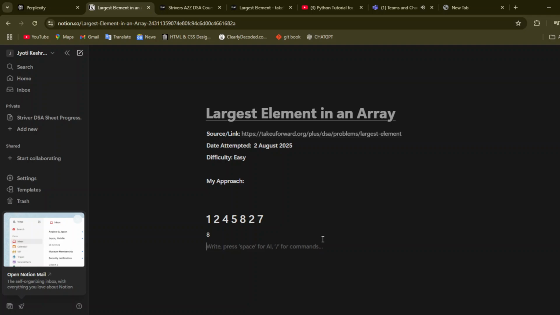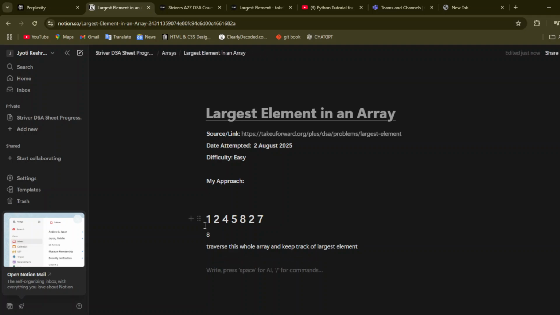How? In this case, what we are going to do is traverse this whole array and keep track of the largest element.